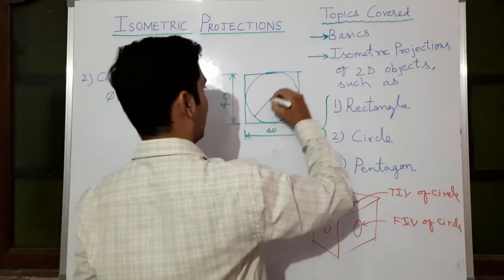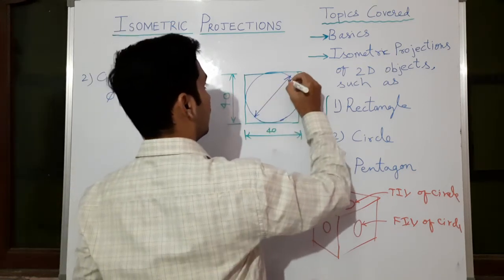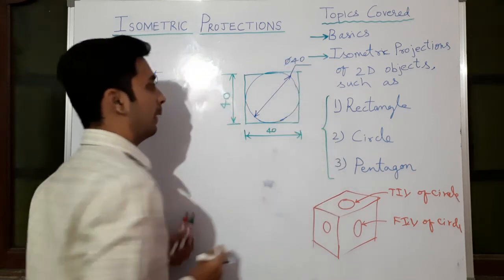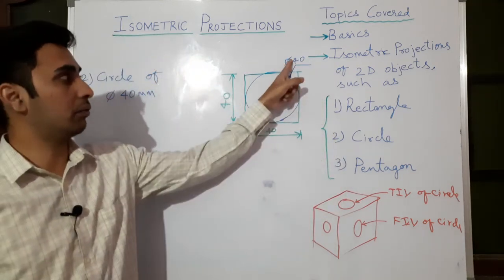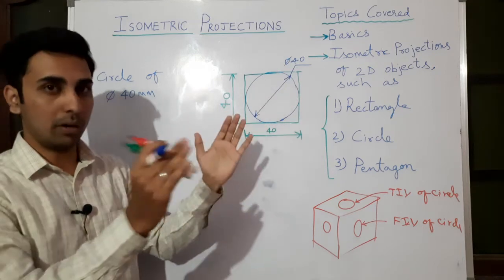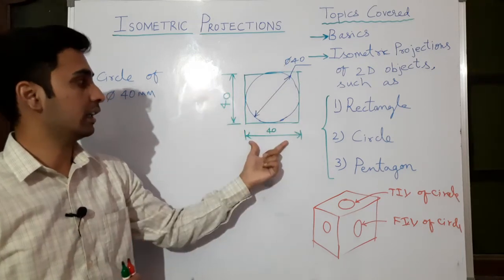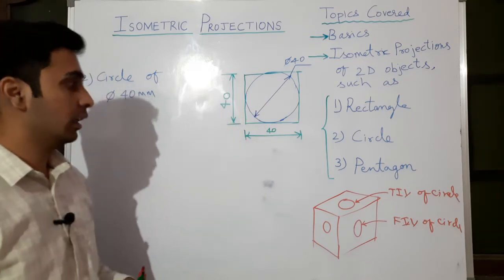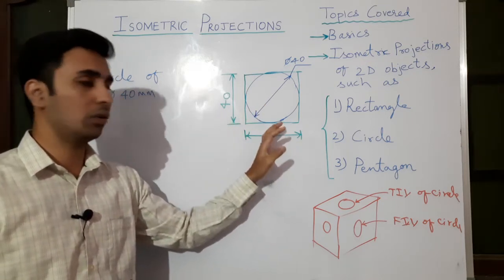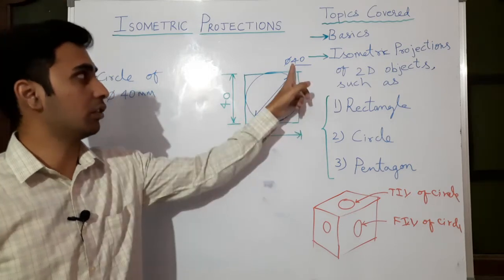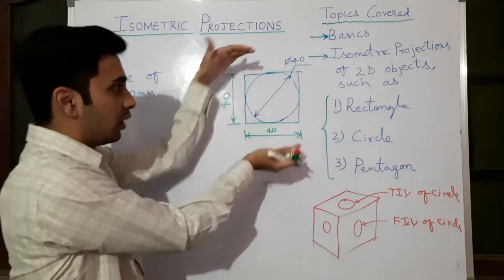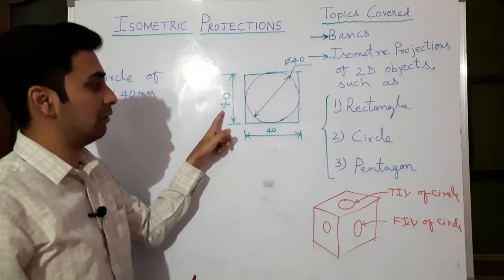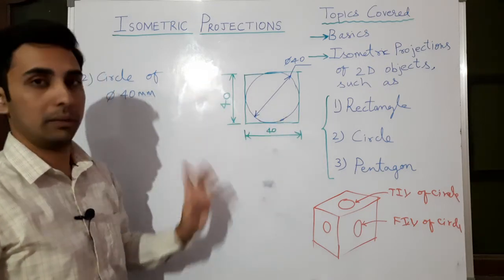Let us quickly, I will complete all this dimensioning. So we have a circle of diameter 40. The circle we have kept in a box. The box is getting a dimension equal to the circle, 40 by 40. Okay, why only a box of 40? We don't know the box size, we know the circle which is of 40. As soon as you enclose it in a box, inside that we have a circle, right? So ultimately we will be getting dimensions of 40.